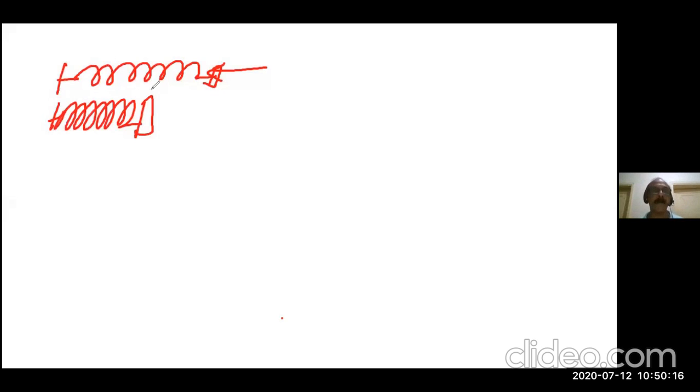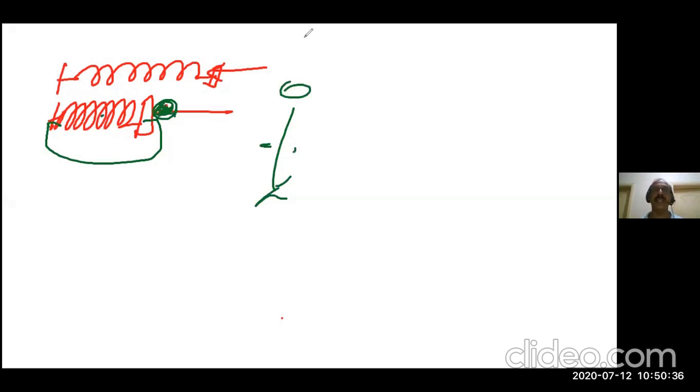Suppose you compress it and take a clip and lock it here, so it is unable to move now. Now in this spring there is potential energy. Suppose you keep a bullet or a stone, and somebody is coming to attack you. You can just release the spring, then the bullet will be fired and hit him, isn't it? Very clear example: when you have done work, energy is stored.